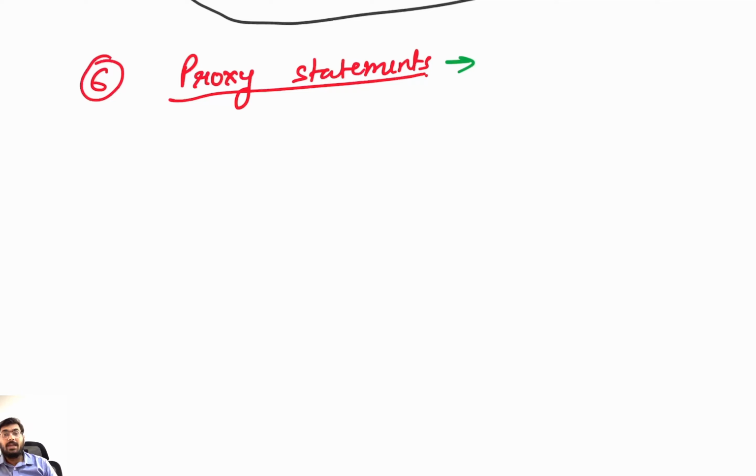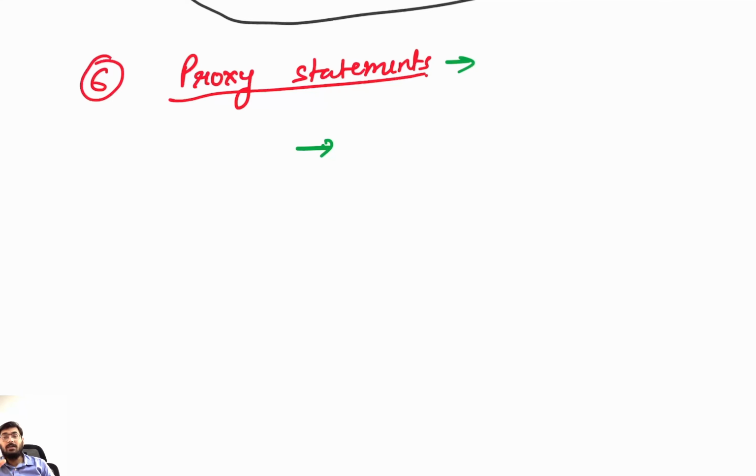When big decisions come up, like electing the board members, giving stock options, or approving salaries, the company must send a proxy statement to the shareholders. Now this proxy statement will include the details of the people being nominated, their qualifications, their proposed compensations, and voting items. Clear? So this will give the shareholder the power to make an informed decision whether this particular person should